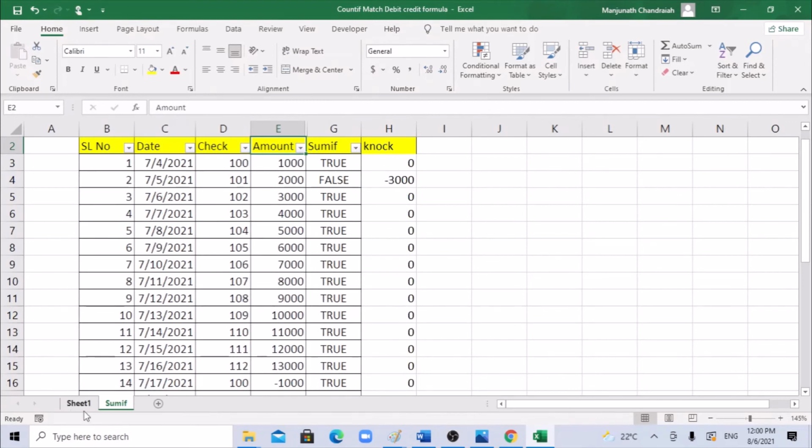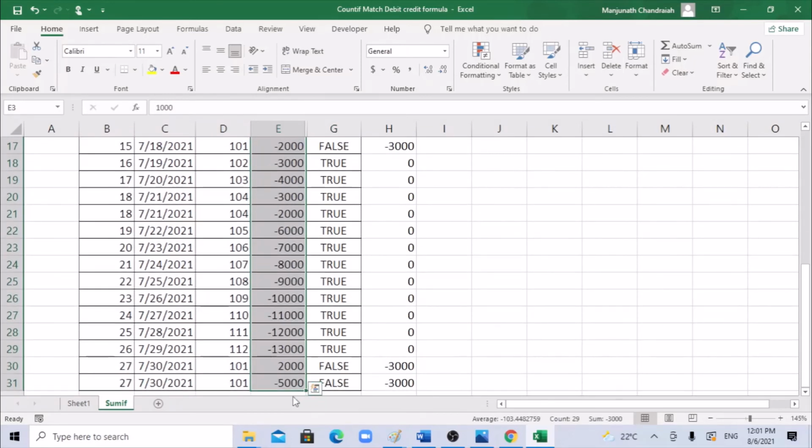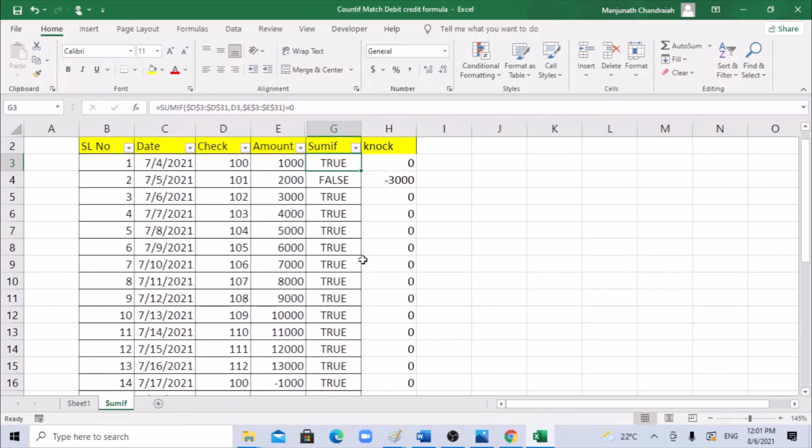A pivot table is also feasible, so whichever you are comfortable with, you can use a pivot table or SUMIF. I didn't do anything extra. I just added a SUMIF based on the check number, and after closing the bracket you can just add equals 0. Or say, for example, the entire amount is summing up to $3,000 credit. There may be one check with that amount, so just put minus $3,000.